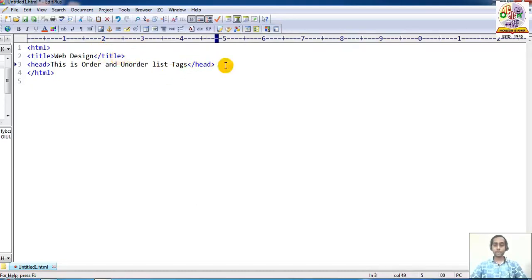Then the body tag. Here we have to mention an ordered or unordered list. Today, firstly, we have to write the ordered tag.